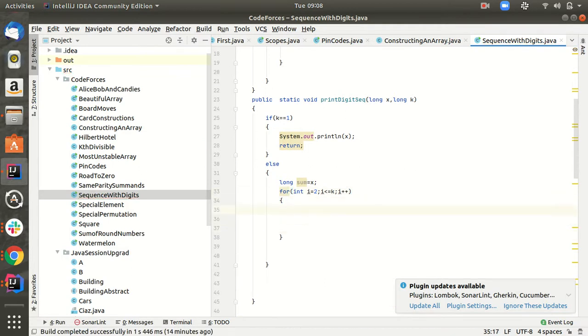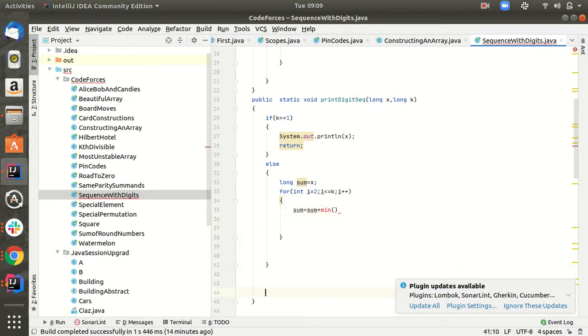Now sum plus equal to the min digit of sum times the max digit of sum. So basically we are just adding the values repeatedly, and at the end we will return the value when it reaches k.